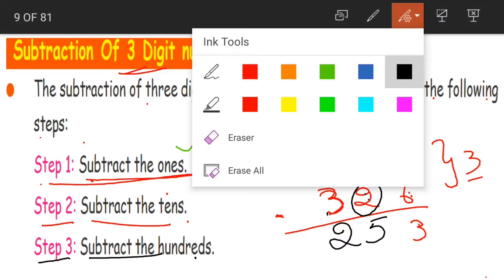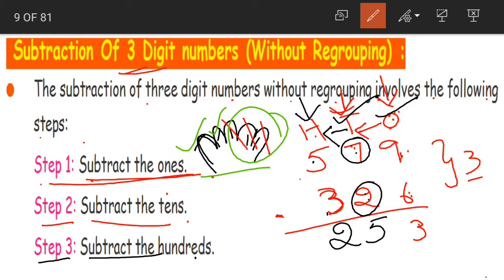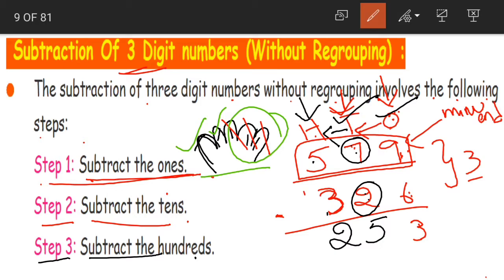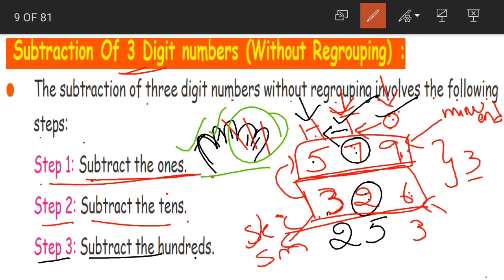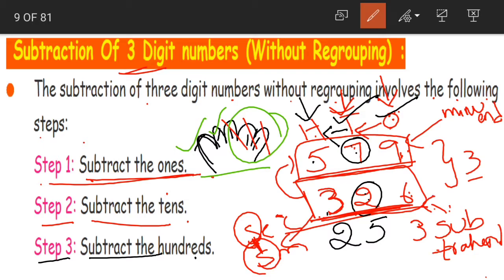Yes children, let us revise this topic here. What will the larger number be called as? First number is called as what? It is called as the minuend. Yes, the first number or the larger number is called as the minuend. Now the second number, which is to be subtracted from the minuend, is called as what children? This is the smaller number, right? Remember what I said? It starts with S. So the word by which we call this also starts with S. Subtrahend. The second number or the smaller number is called as the subtrahend.